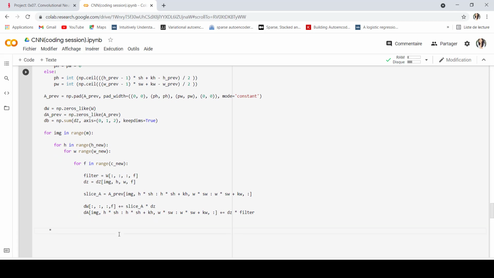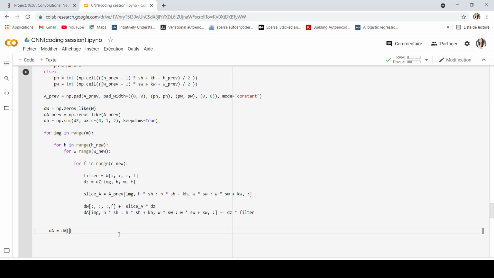Okay. So one thing here that I need to do before I return this derivation, I need to remove the padding. So the padding part needs to be removed, because here we are dealing with just one layer. But if we don't get rid of the padding for dA, we are going to have some dimension issues while backpropagating over all the layers. So here we need to make sure that we get rid of the padding part.